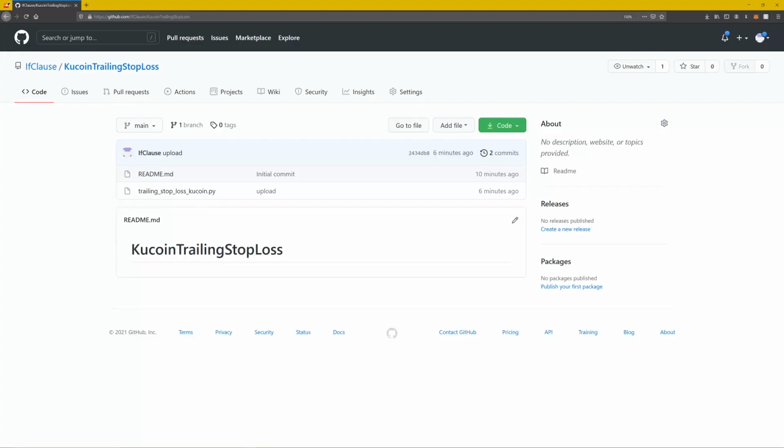And welcome. Today I'm gonna show you how you can use a trailing stop loss program I made for the exchange Kucoin. It's very easy, I think, and the feature isn't in the app or on the desktop right now. I don't know if it ever will get added, but as long as it isn't, you can use one